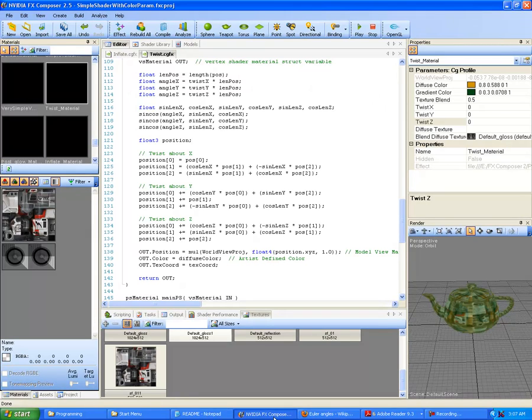Okay, flashback over here. That's exactly what we do for a set of our position. So I want to twist about my x. Now I did this for a very particular reason. I didn't assign an initialization value to my position. I don't need to because I'm going to do it in the very first step here. So what happens here? Whatever x is in our position, x from the actual vertex that's getting passed in is going to get assigned to position x here. And then for our position y, if this has no twist value on here at all,